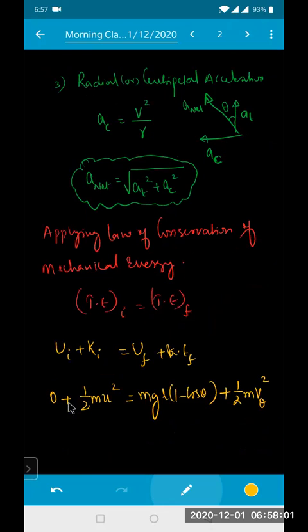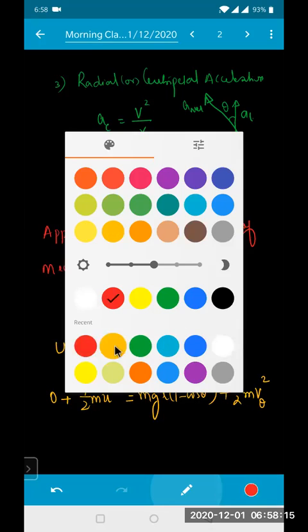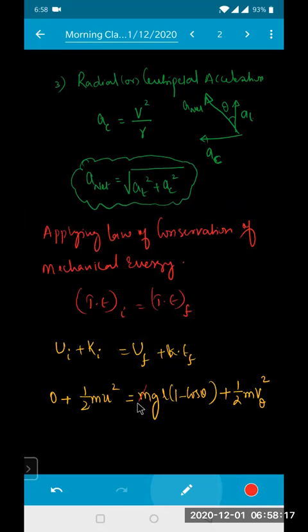So the initial potential energy is 0, the initial kinetic energy is half m u squared, and the final potential energy is mg into h. H is equal to L into (1 minus cos theta), and the final kinetic energy is half m v theta squared. Now see, simplify and check whether anything gets cancelled. In this, m and m will get cancelled. This 2 will go here. So v theta squared is equal to,